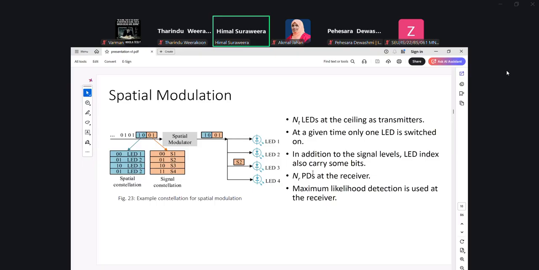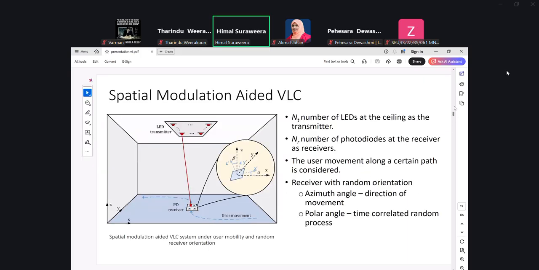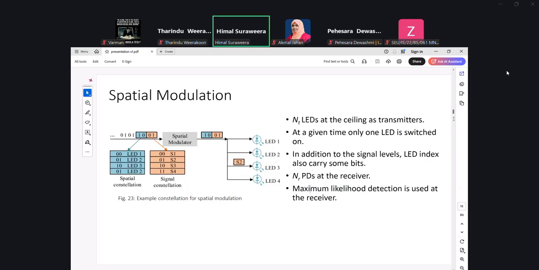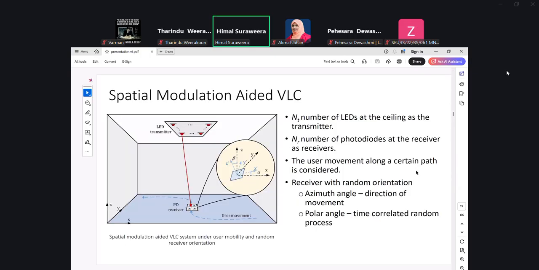So this combination shown in this figure is helpful to convey an additional 2 bits in the spatial direction, in addition to whatever modulation you have used. So spatial modulation is a spectrally efficient communication system. The detection for this system happens in this way, but before that I will quickly describe the environment, or the situation, that we consider.